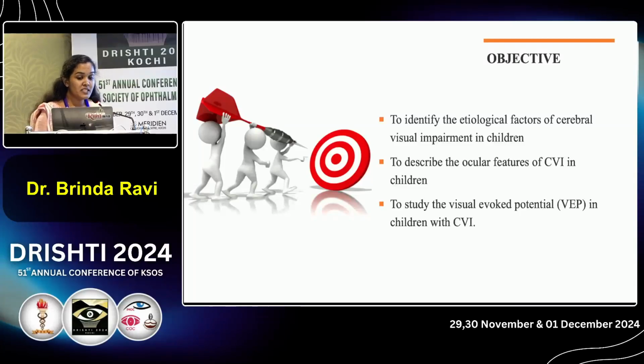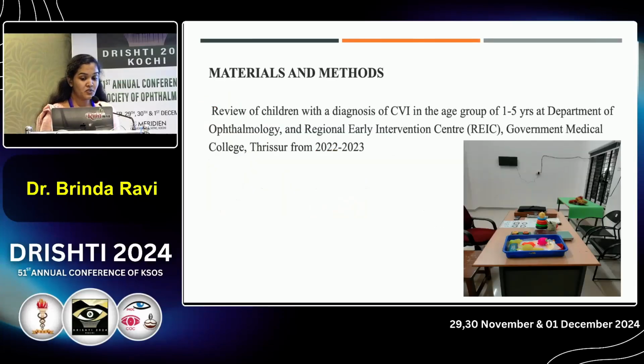The objective of my study was to identify the etiological factors of cerebral visual impairment in children, to describe the ocular features of CVI in children, and to study the visual evoked potential in children with cerebral visual impairment. Materials and methods: review of children with a diagnosis of cerebral visual impairment in the age group of 1 to